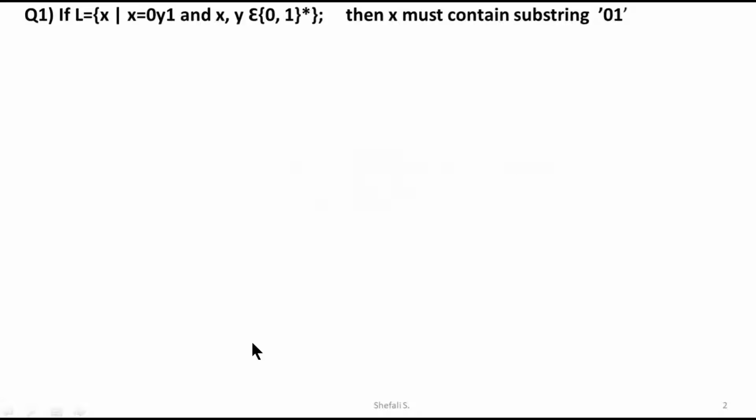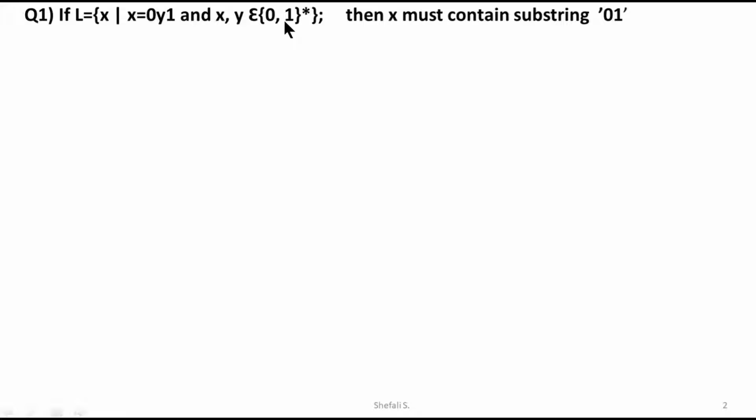With this, I would like to continue further with the first example. That example says that I want to go for a language of all possible words. So when the language is there, I use the set of the words where the word has the form 0, y, 1, where I expect that the substring y is generated over the input set of symbols 0, 1, and its repeated use. Repeated usage will form the null string also and the further strings also.